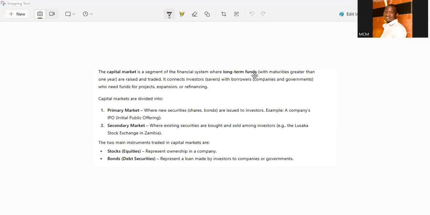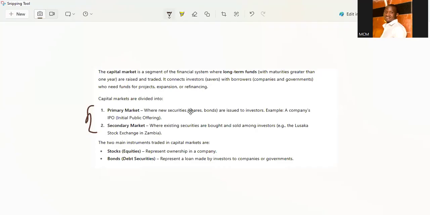So in the capital markets, we will look at instruments that are traded. But these markets are subdivided into the primary and secondary markets. The primary market is where we issue new securities like bonds and shares, okay? And these are issued to investors, and the company's IPO, initial public offering. So we also have the secondary market where existing securities are bought or sold among investors, like the Lusaka Stock